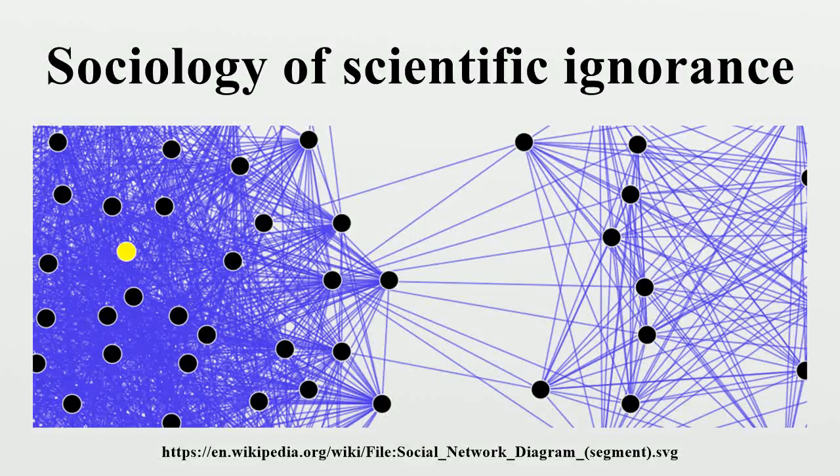The sociology of scientific ignorance is the study of ignorance in and of science. The most common way is to see ignorance as something relevant, rather than simply lack of knowledge. There are two distinct areas in which SSI is being studied. Some focus on ignorance in scientific research, whereas others focus on public ignorance of science. Sociology of scientific ignorance is a complementary field to the sociology of scientific knowledge.